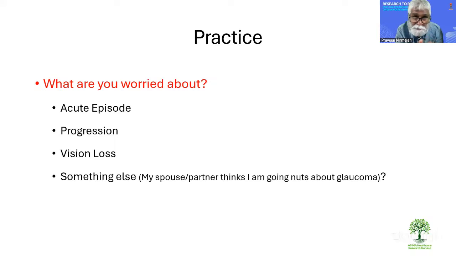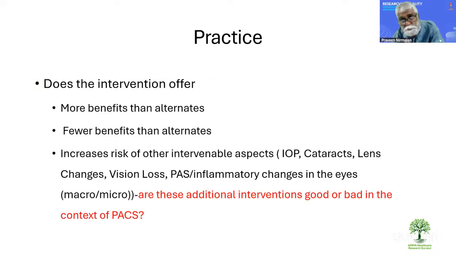You must be very clear about why am I thinking about taking this particular finding or these particular results and applying it into my practice. What am I hoping to avoid? What's my goal in doing that? Consider if the intervention offers more benefits than alternates, less benefits than alternates, if it increases risk of other intervenable